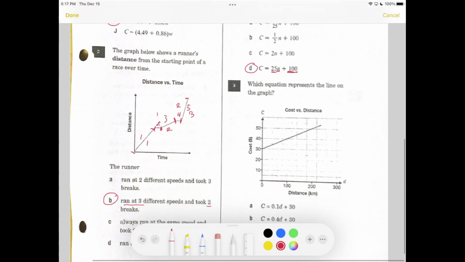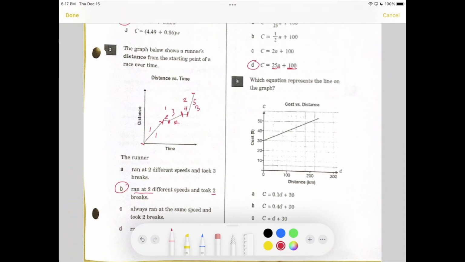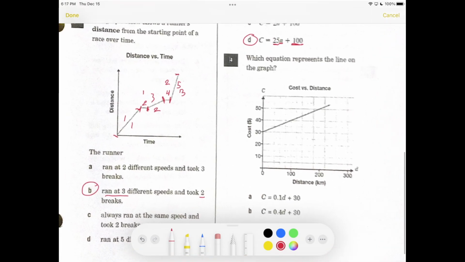Now let's move on to question number 4. Which equation represents the line on the graph? So once again, we have to formulate a formula. We know that it starts at 30, right? And we know that it's going up for every 100 kilometers, it's going up by 10. So from 30 to 40, it's 10. So we know for every